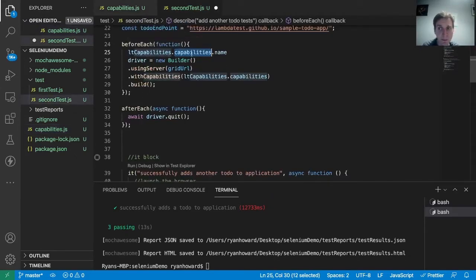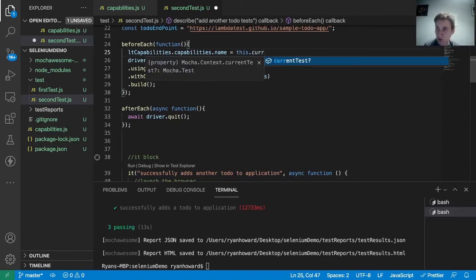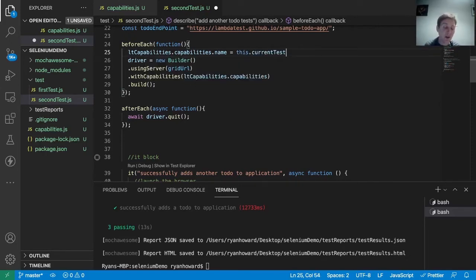So lt capabilities.capabilities.name equals this dot current test, which exposes some information about the test which is currently running, dot title. And in our example, the title will be the name of the it block. So if I save that now